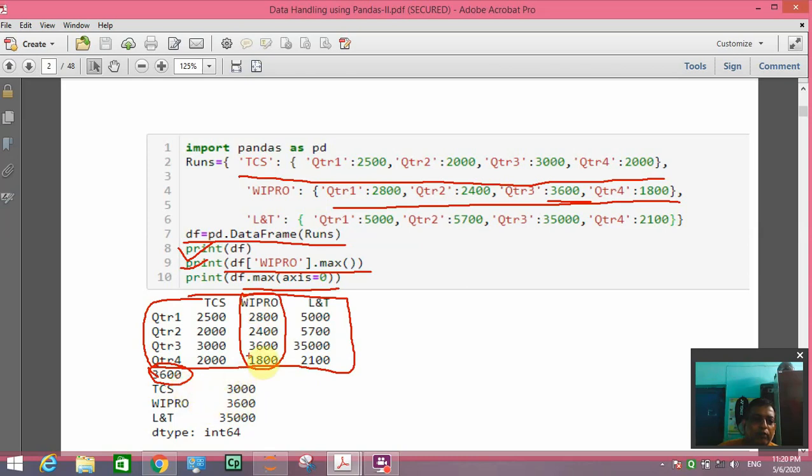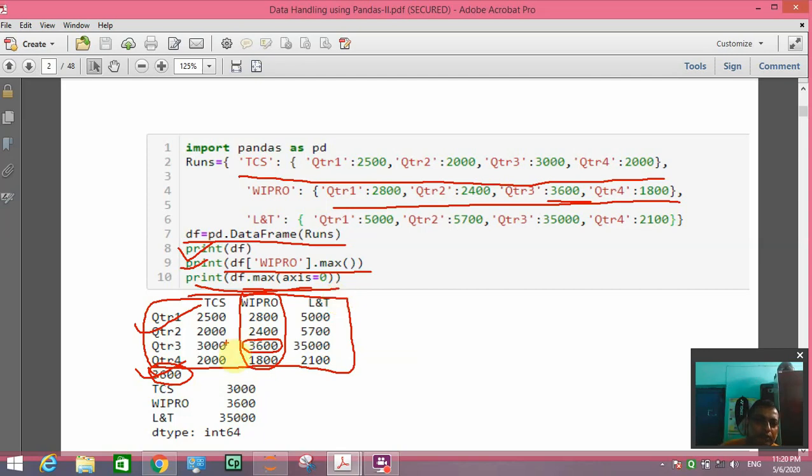So the Wipro column has maximum 3600. This 3600 has come as the second output, and this is the first output. The third line is for max only, but here the column name is not mentioned, so it will give the maximum in all the columns.